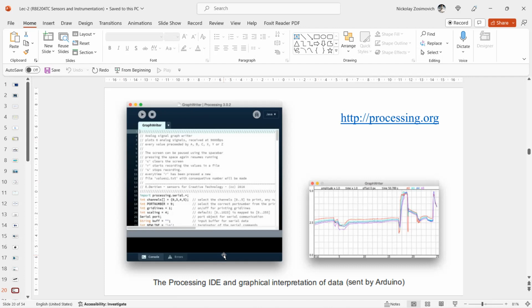Much of the relevant information for getting started with embedded sensing, especially using the Arduino platform, can be found online, and this is very nice. A good starting point is Arduino's main website. In our lecture